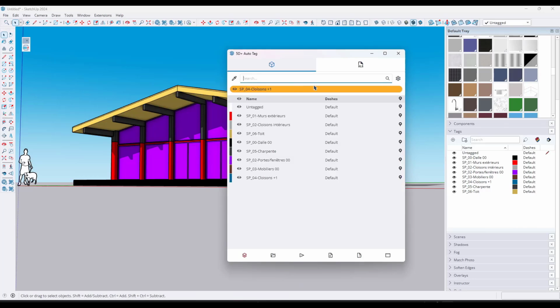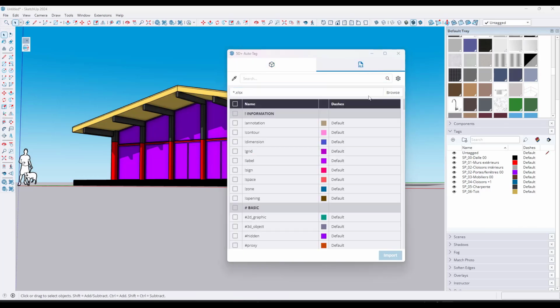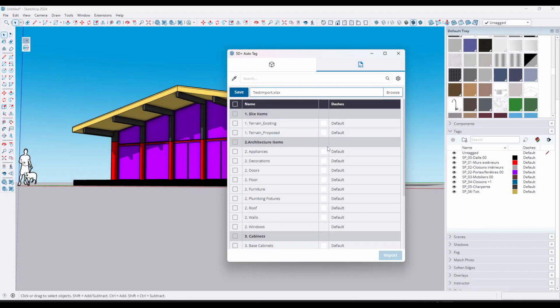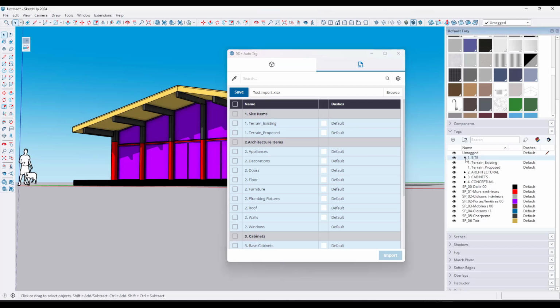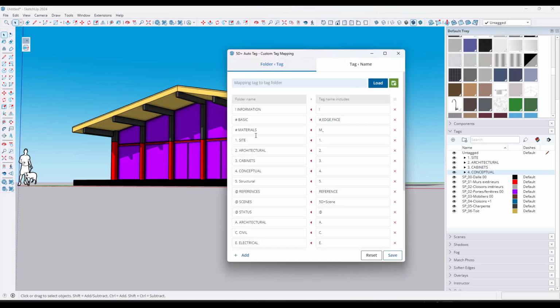But now if I go to AutoTag Plus, click on the Excel option and browse to my test import folder, and now if I select all these items, I'm going to click in here like this to select all and click on import. Notice how those get brought in, sorted into these tags right here. So it's basically put these items in here, sorted into the sections that we set up in our custom mappings,